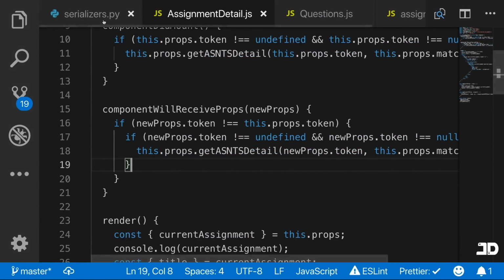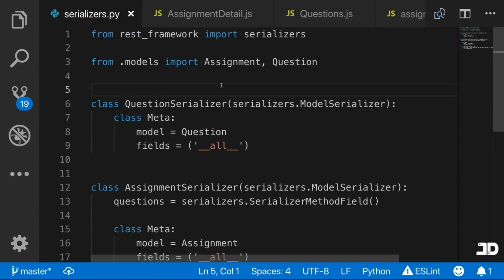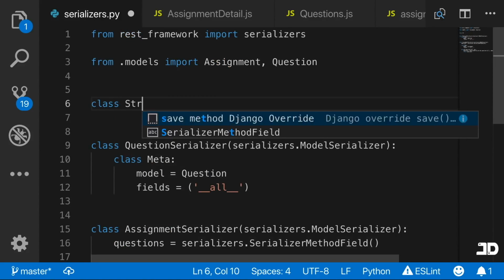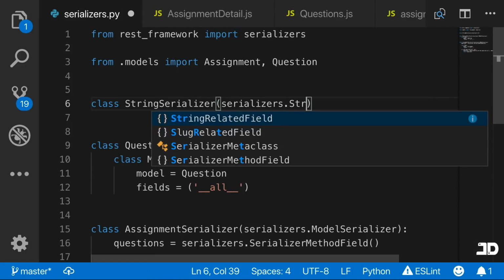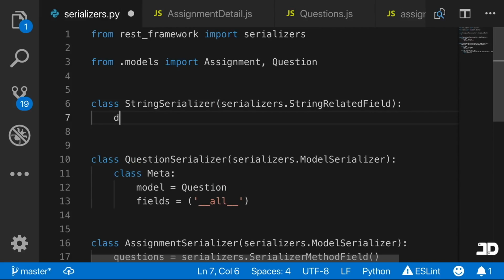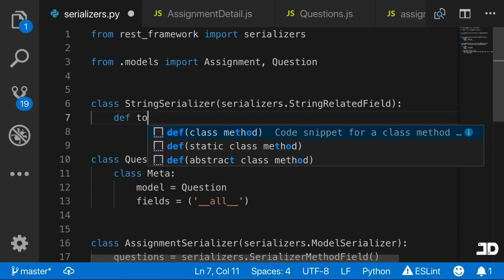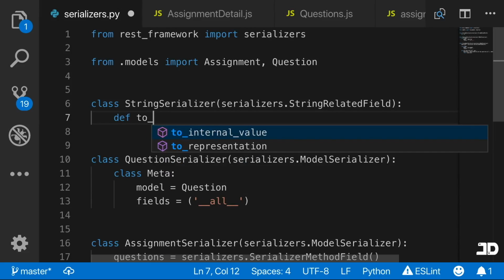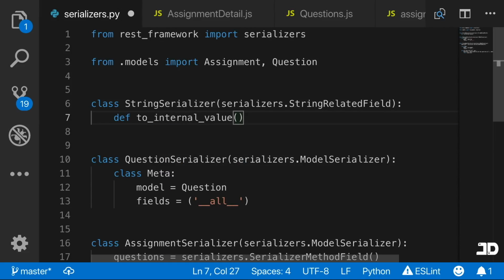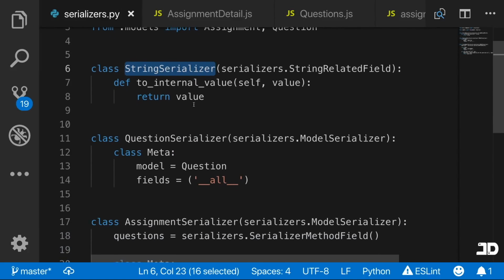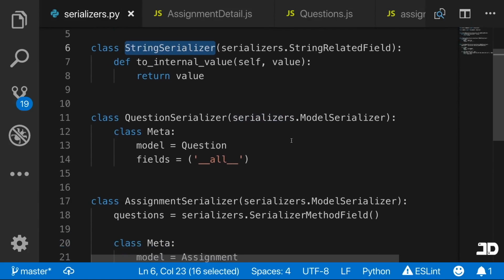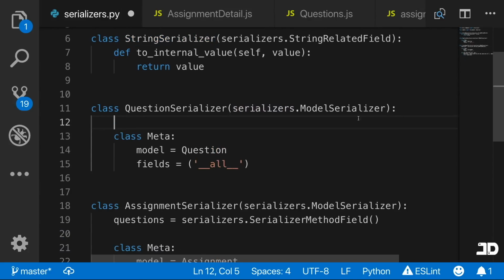If we just go back to our serializer, we can use a string serializer. So we can just say class StringSerializer, and this inherits from serializers.StringRelatedField. And this requires one method, which is the to_internal_value, and it takes in self and a value, and then we just say return value. Then you can use the string serializer to convert fields in your other serializers into a string. So for example, on the question serializer,